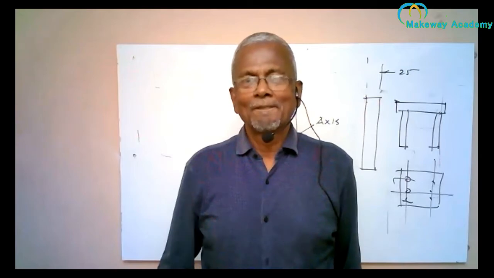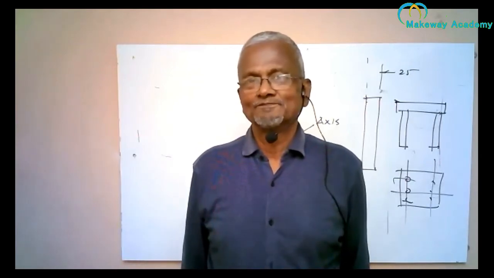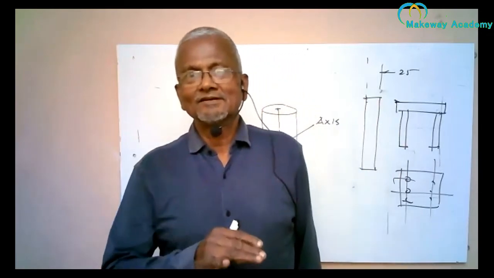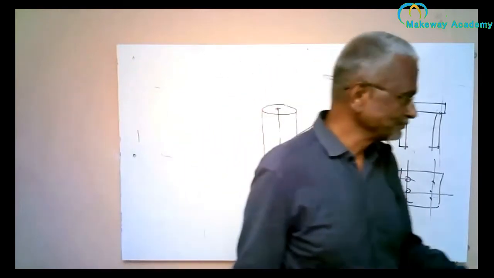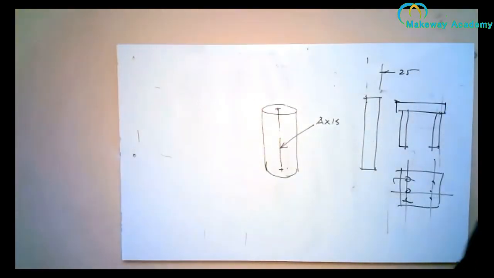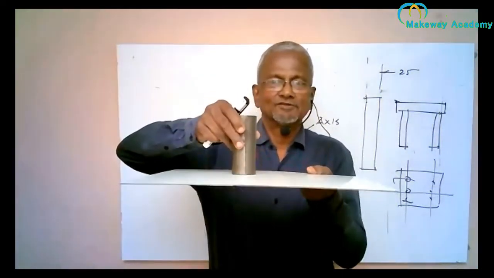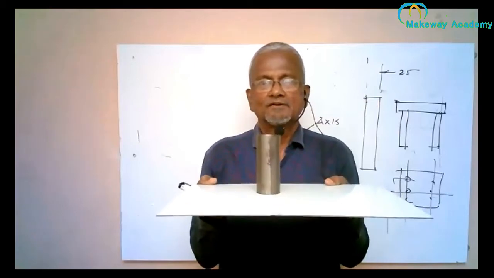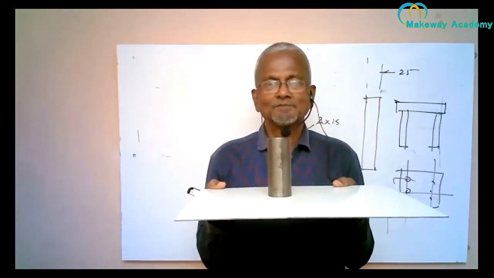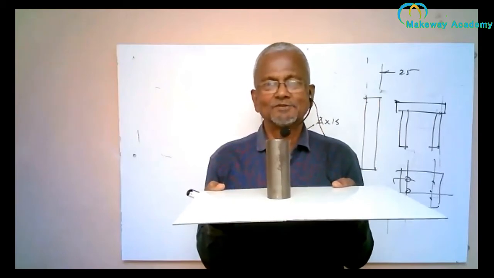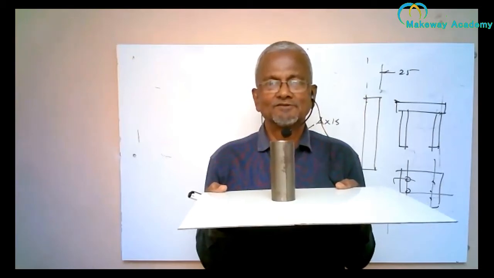So what did I tell you? Axis. You'll have to define the position of the axis now. The cylinder is resting on the horizontal plane. It is like this. So I have a horizontal plane, and it is resting on the horizontal plane. When a cylinder is resting on the horizontal plane with its base, the axis will be perpendicular to the horizontal plane. So this is the position of the cylinder.